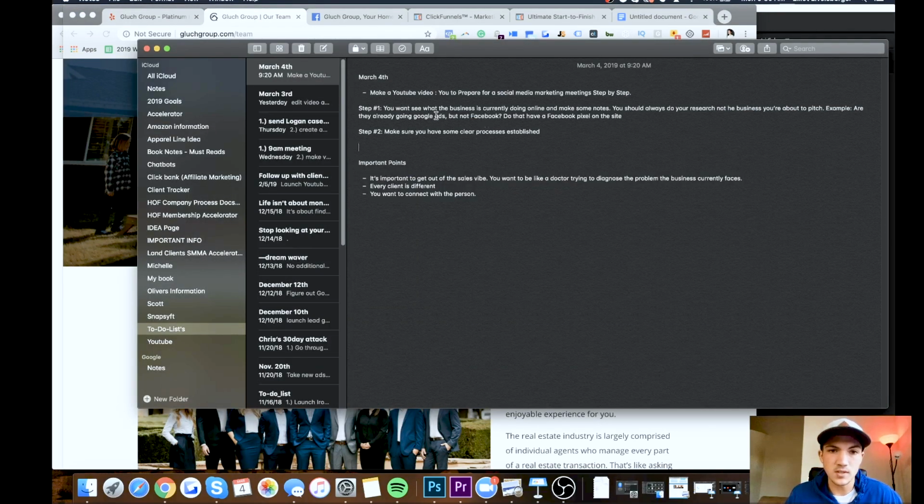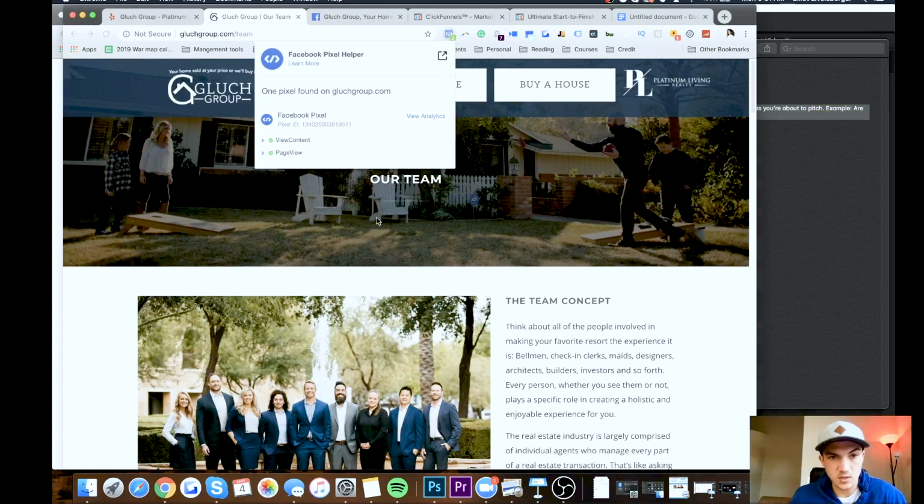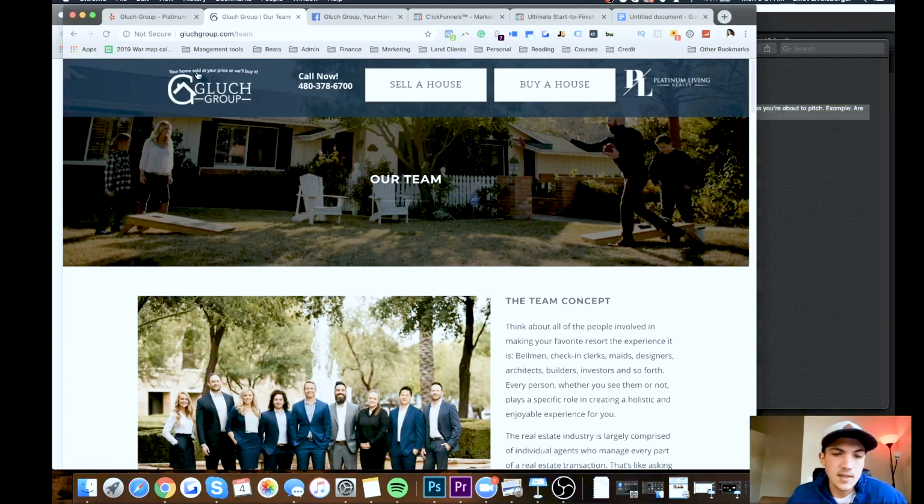Step one is you want to see what the business is currently doing online and make some notes. You should always do your research on the business before you ever meet. Some examples: we go to their website. Do they have a pixel installed? Yes, which is great. And then the next thing that I would do, in the preparing stage, to get a good understanding of what they're doing so far,